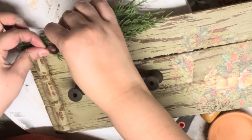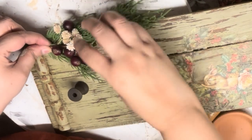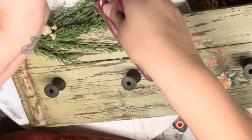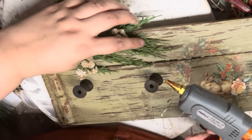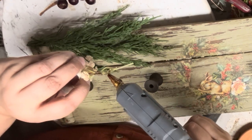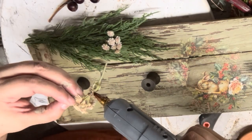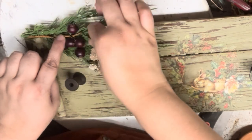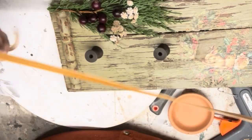And because there's a softness of floral here, we're going to come in with just little simple baby's breath here. Now I wanted clusters, so I went ahead and wrapped those up with some wire, and then with my hot glue gun we are just going to add these into that greenery foliage there. And then you guys see those berries up on the top. We'll go ahead and attach those berries as well, and I'm going to finish this off with a simple bow